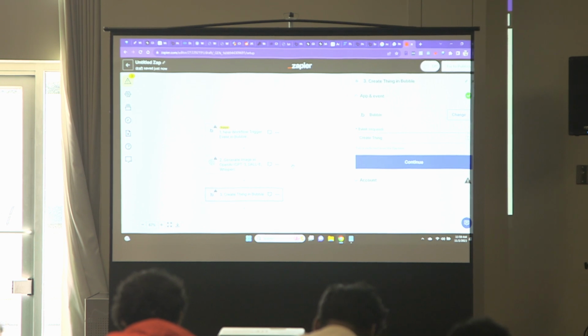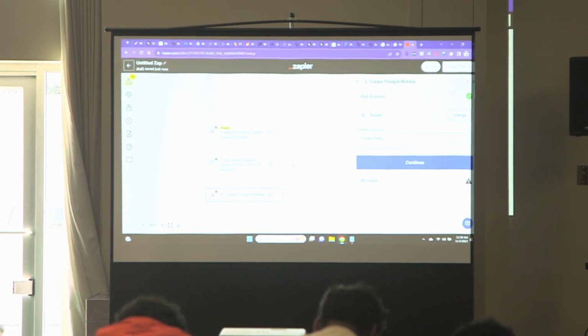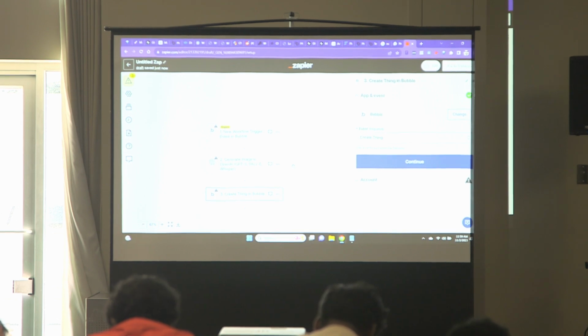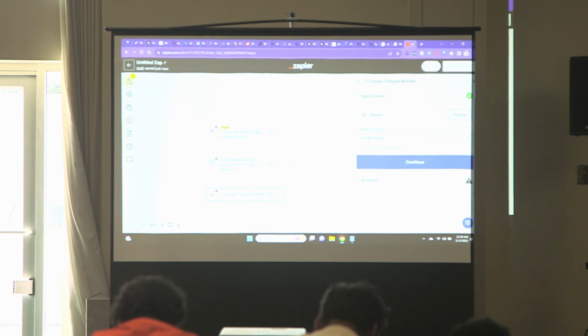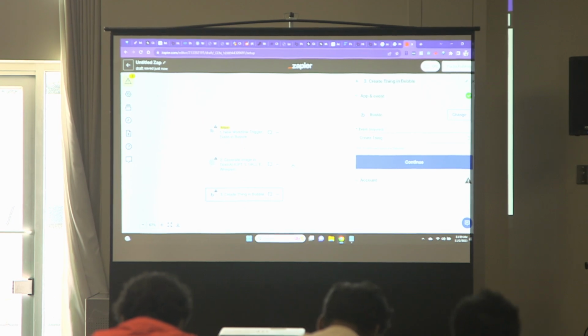That's it. I answer a few questions on each of these little individual steps, and then automatically, without me touching anything, when someone uses my app in the right way, when I set it up the way that I set it up in Bubble, it'll prompt Zapier. It'll say, hey, go check out OpenAI. OpenAI will generate an image based on information that was pulled in through Bubble. It'll then put that information back into Bubble in the third step. And now I have an image generator using DALL-E in my Bubble app. And you can do this with basically every no-code tool that I mentioned, like Glide. DALL-E, those are all interfaced with it.